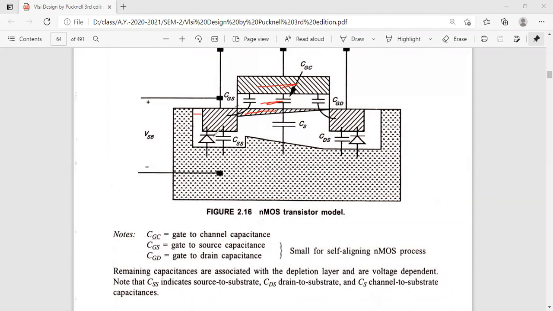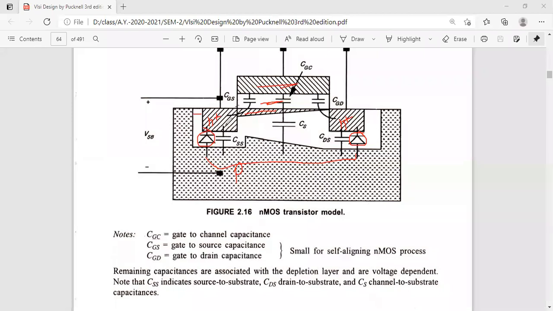So this is N plus, you can see here. This is of p type, right? This is p type substrate, lightly doped p type substrate. And this is also N plus. So you can see a PN junction diode is formed here. In the same fashion here also we have a PN junction diode, right? These two are connected end to end, both in reverse biased connection, right?